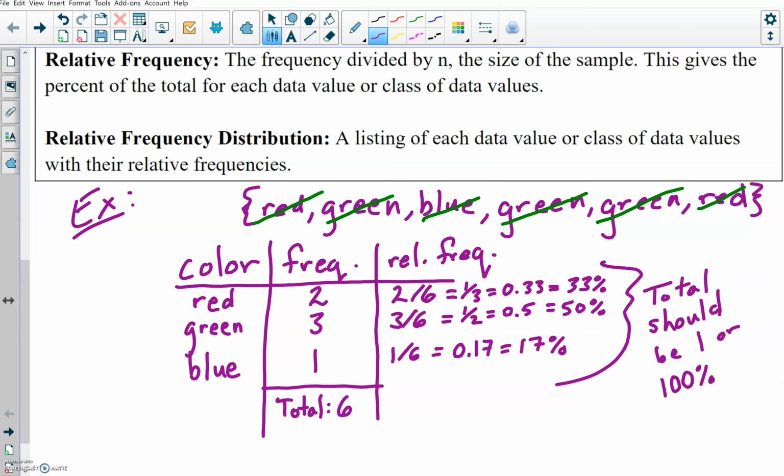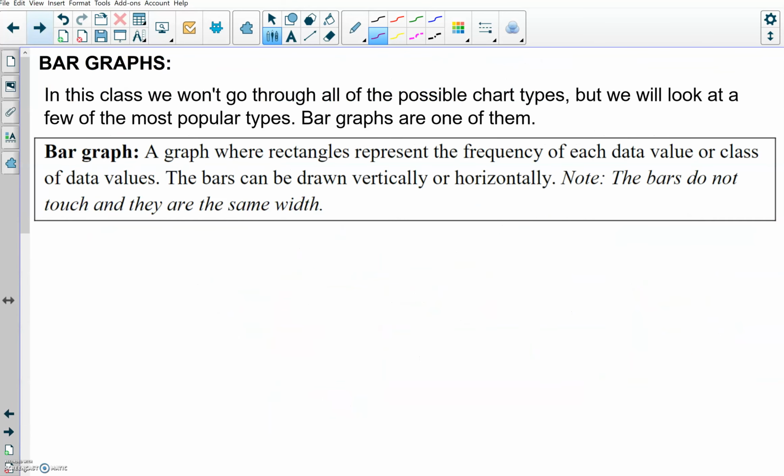Right, so that's an example of a frequency distribution and relative frequency distribution kind of all in one. You just have your colors, your categories in one column, your frequency in another, relative frequency in another. So once you've gotten that data organized in a frequency or relative frequency distribution, you can start putting that data